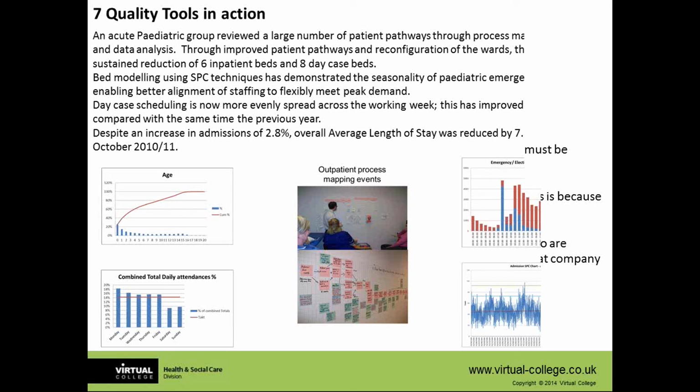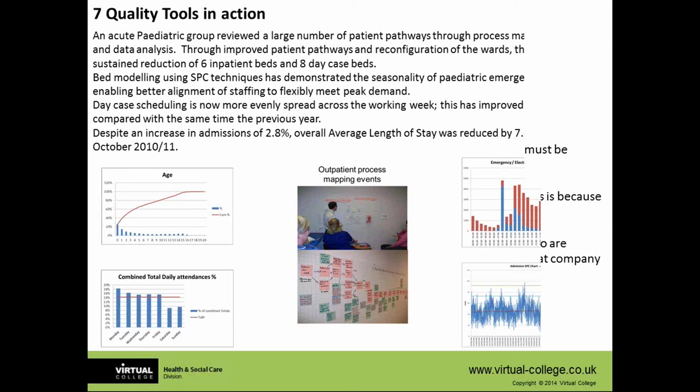Okay, so there's the 7 quality tools, but basically in action, this is a pediatric study, looking at a number of pathways using process flow mapping, looking at Pareto diagrams, looking at ages of people coming through, looking at simple bar charts, and looking at the takt time there, the red line, so what they could actually manage per day, but looking at the variation, looking again at emergency and elective admissions and coming up with a control and SPC chart. So using a number of the quality tools,